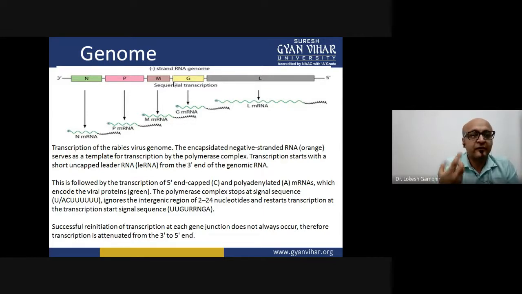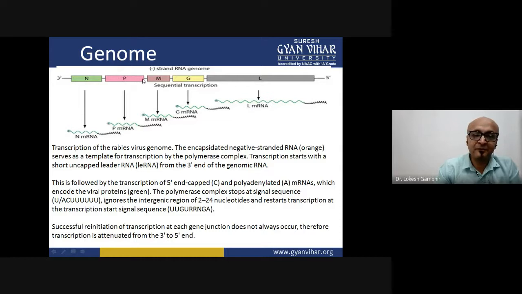which are not coding for any kind of proteins. So when the transcription is starting, when the RNA polymerase comes and transcribes this particular negative strand RNA, it transcribes the regions which actually code for protein only, and then it stops. It ignores the gap. It will slide on, and then again from this side, it will start transcribing the second region, that is P.